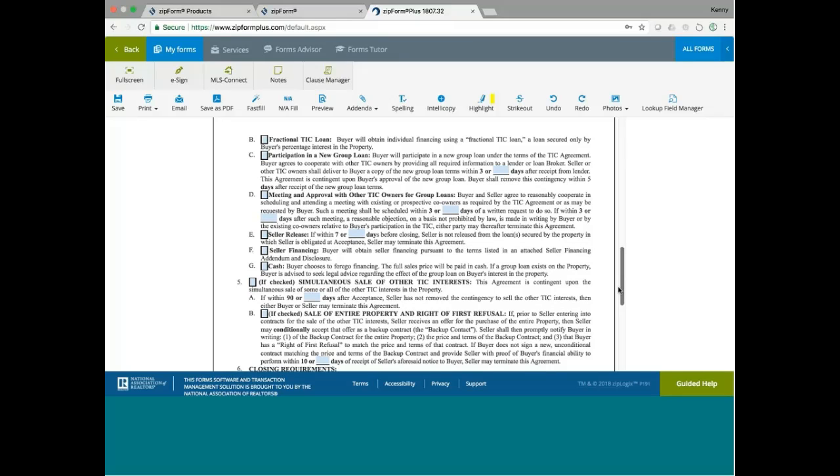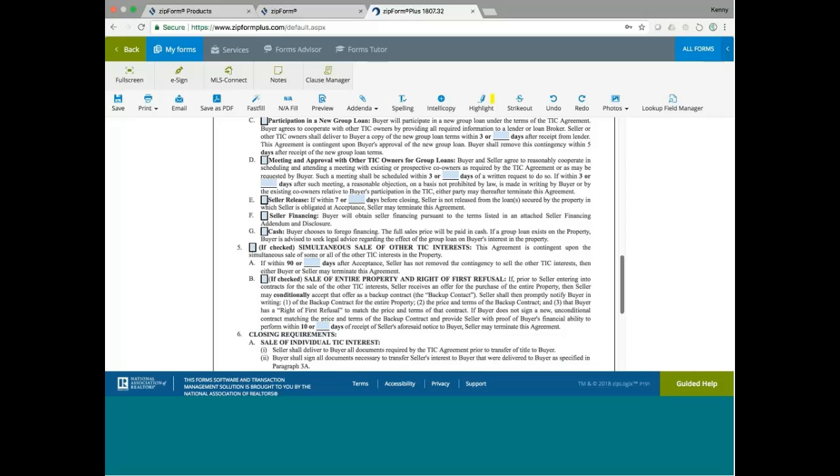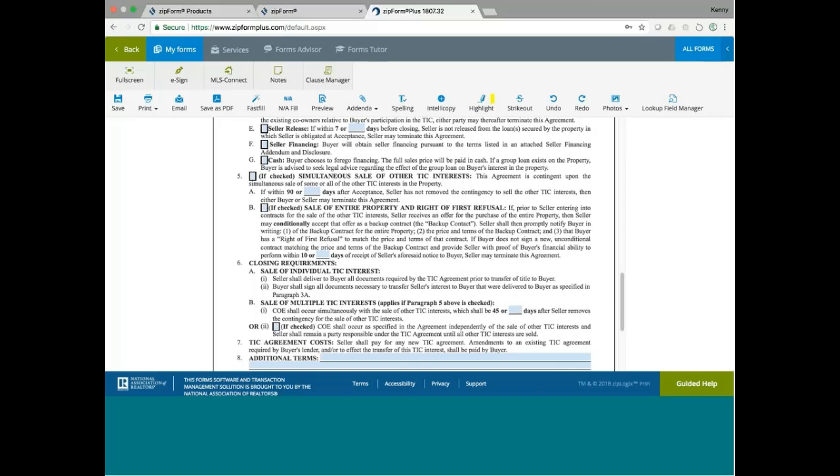And B here, 5B talks about sale of entire property and right of first refusal. If prior to seller entering into contracts for the sale of the other TIC interest, seller receives an offer for the purchase of the entire property, then seller may conditionally accept that offer as a backup contract. Seller shall then promptly notify buyer in writing the backup contract for the entire property, the price and terms of the backup contract, and the buyer has a right of first refusal to match the price and terms of that